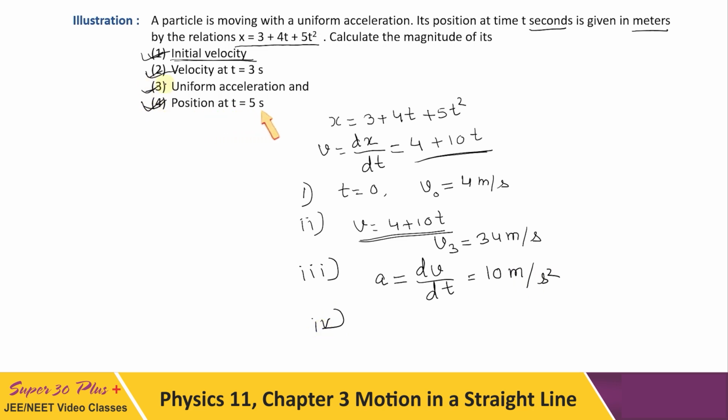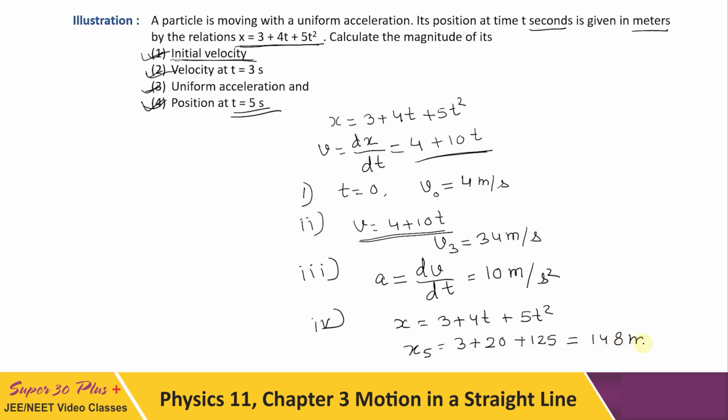This is asking the position itself, and the position is provided in the given expression, which is x is equal to 3 plus 4t plus 5t square. Simply put the value t is equal to 5 and you will get the position at 5 seconds. So x(5) will be 3 plus 4 times 5 is 20 plus 5t square. So it will be 125. It comes out to be